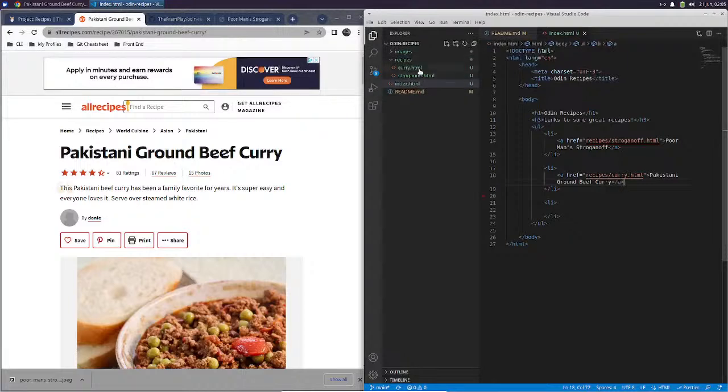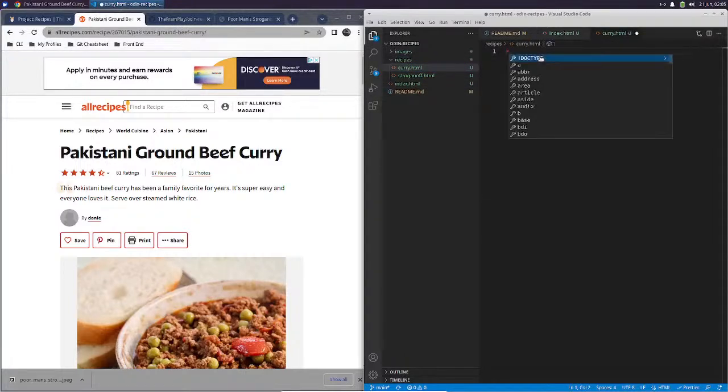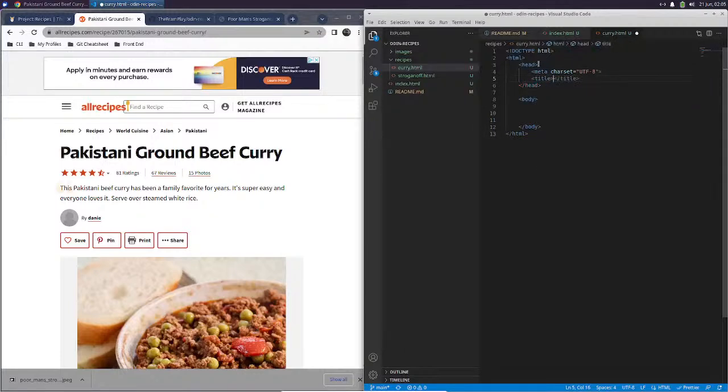Okay, so now let's go work on this one. Let's set it up again. HTML, head, body, separate those two, add some spaces there. I think I went to one too many. No, I didn't. Okay. Head, meta charset UTF-8, and a title. Let's call it